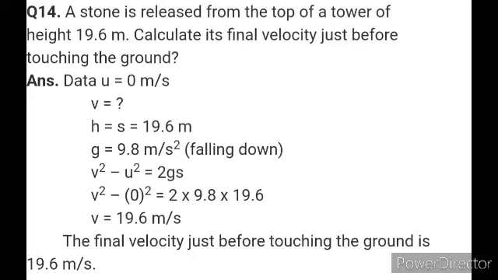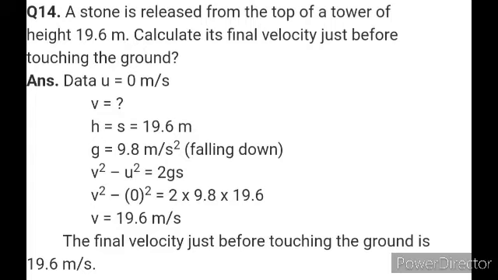So the stone is released from the top of the tower. As I told you, velocity at the top is always going to be 0. So initial velocity here, that is the value of u, is equal to 0 meter per second. Final velocity you have to find out. Height is given 19.6 and the value of g you know, that is 9.8. We write it as plus 9.8 or minus 9.8 depending upon whether it is against the gravity or along the gravity. So here the stone is coming in the downward direction, that is in the direction of gravity. So g is equal to plus 9.8.